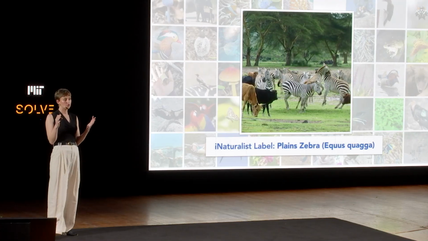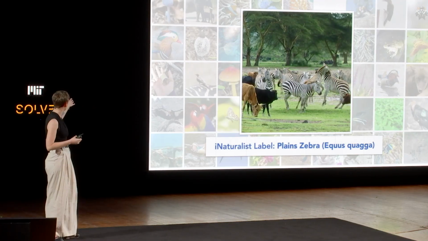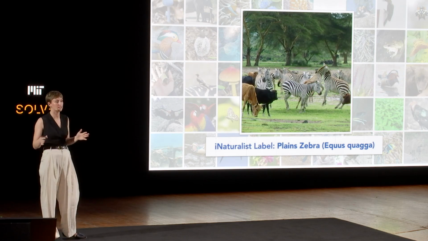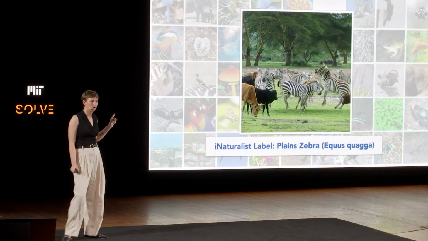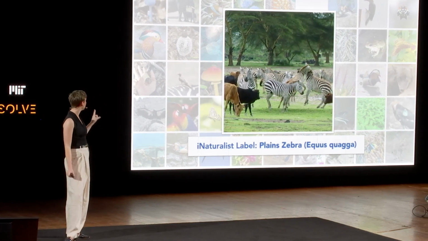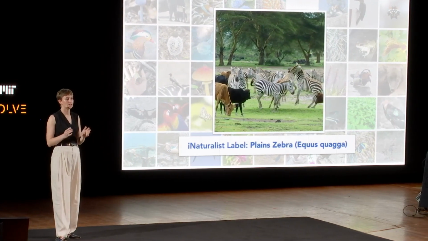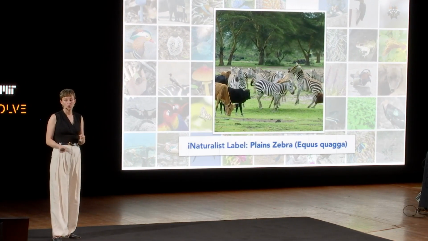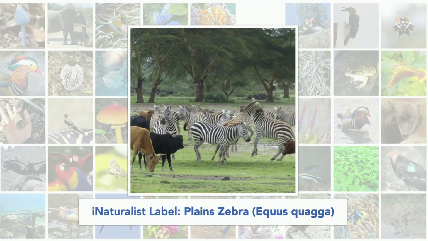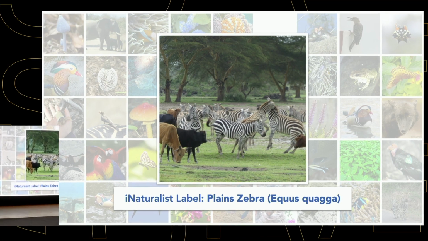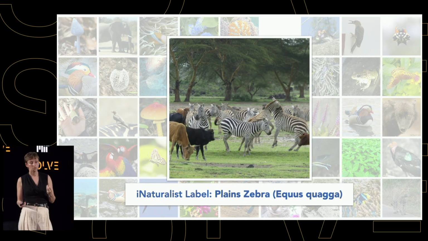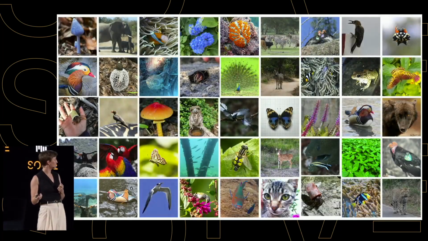But currently, what we have in iNaturalist is an image with a species label. So for example, in this image, the iNaturalist label is plains zebra. But there is way more scientifically useful information in this image than just the presence of a single species. We can see behavior, potentially some sort of conflict behavior. We're seeing wildlife and livestock coexistence. There's a lot more here that we would love to be able to get to than what is identified by the community. And this is kind of ongoing.